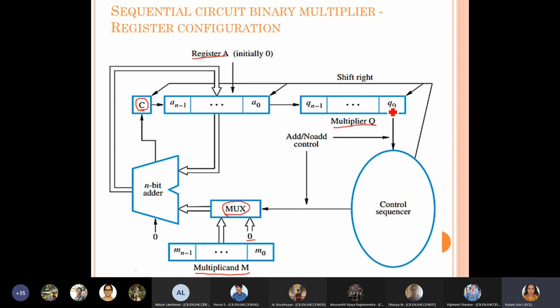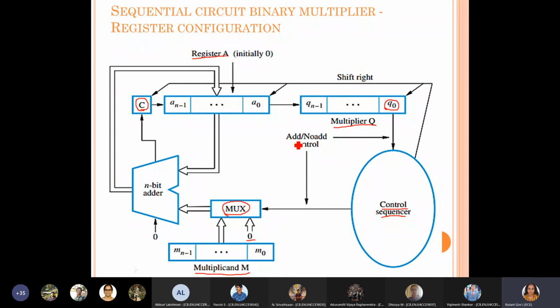So first, how do we decide whether the addition should be done with 0 or the m value? We take the value of q naught, and the control sequence will check what value it is. If it is 1, it will say that addition should take place with m, and if it is 0, it will decide that addition should be taken with 0.